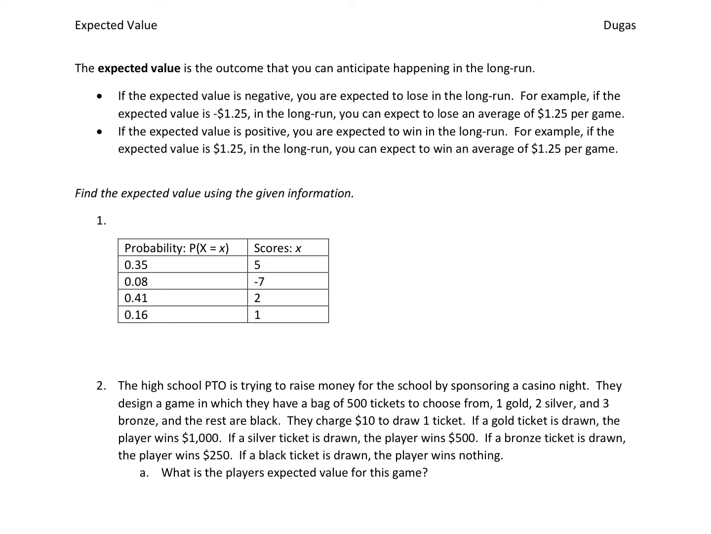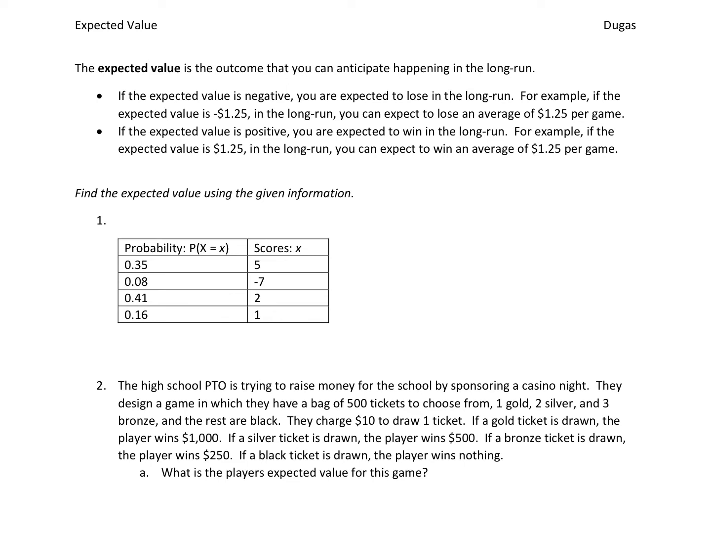We are going to be talking about expected value in this video. So the expected value is the outcome that you can anticipate happening in the long run. The key here is what will happen if you repeat some experiment or some event over and over